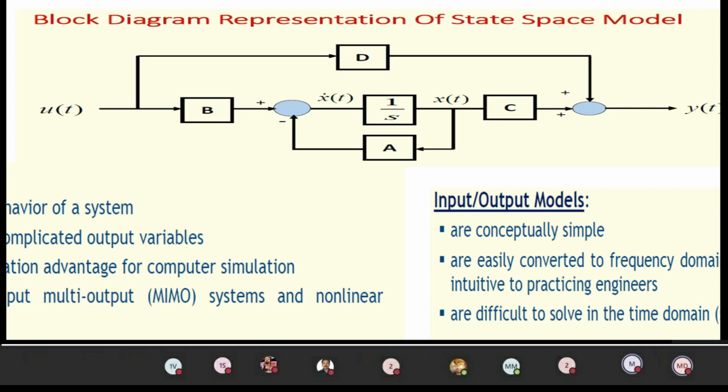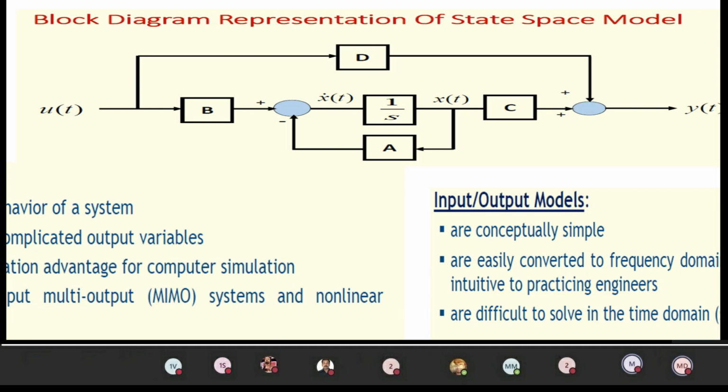So the input for this will be x dot of t, that is a differentiation. Differentiation and integration get cancelled, and the output will be the variable, that is your state variable. So now x of t is obtained. From x of t you sample out some signal, and then give it to your feedback element, that will be your a. So now a will have a positive feedback, you can write it like that. Therefore you can see the plus a into x of t and b into u of t, that will be equivalent to your x dot of t.